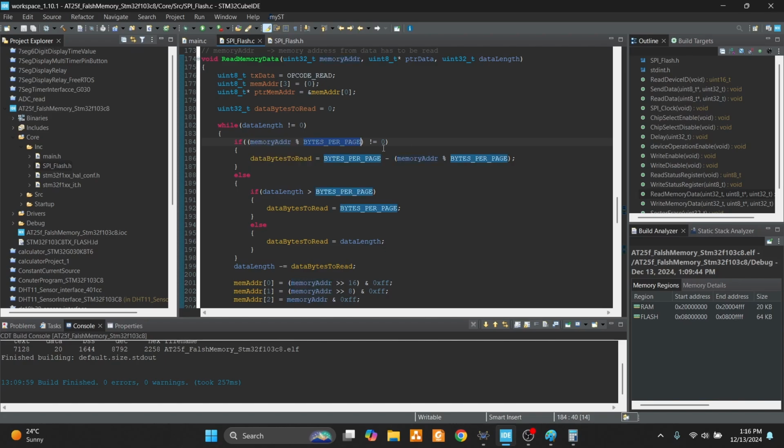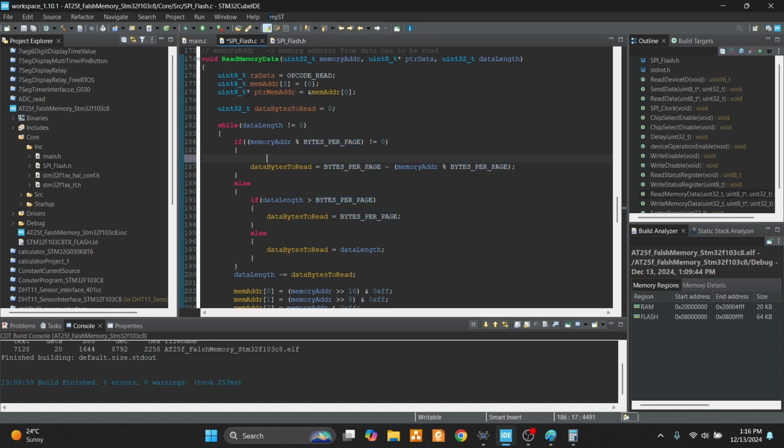memory address modulo bytes per page is not equal to 0. So the memory address that we have provided over here, divided by bytes per page, whatever the remainder is, if it is not equal to 0, then what we will do is bytes to read is equal to bytes per page, that is 256, minus memory address modulo bytes per page. Now what it will do is basically it will give the bytes to read as 256 minus the memory address that we have provided